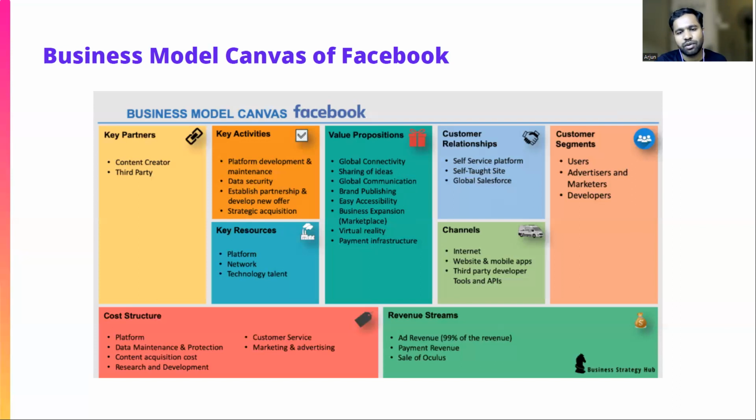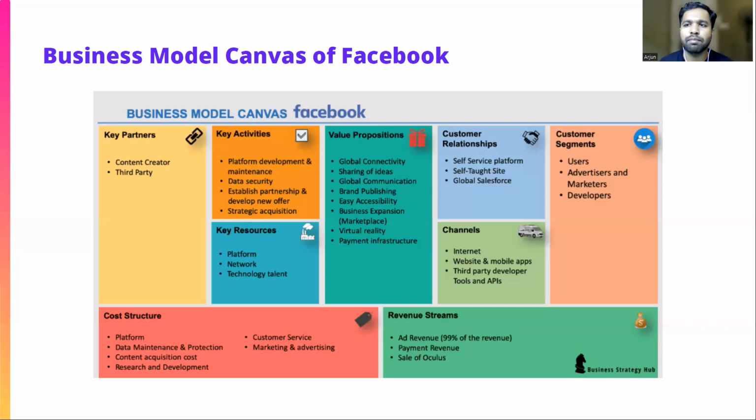It's not like we have someone from Facebook coming to us and asking us to sign up to their platform. So it's basically a self-service platform. It is very straightforward. You just go and key in your email ID, password, and you sign up, and you create your own profile and you start to use it. You start to give connection requests to your friends. You start to like whatever pages you are interested in. So it's very much self-service.